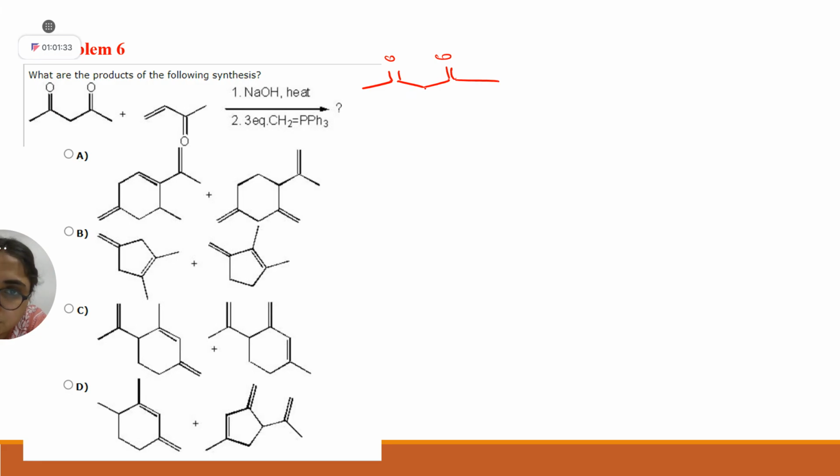first the base will abstract a proton from this active methylene carbon, right? It will form a carbanion. For the sake of your understanding, let me give its number. This carbanion, students, is going to attack in 1,4 fashion. So you have to draw 4 carbons. 1, 2, 3, 4. Now the double bond will come between 2 and 3. Now what is remaining at carbon number 3? Oxygen was there, correct? Because the bond will move like this.